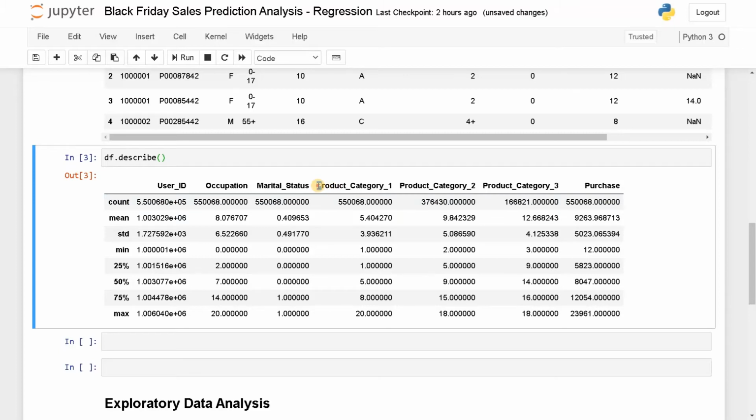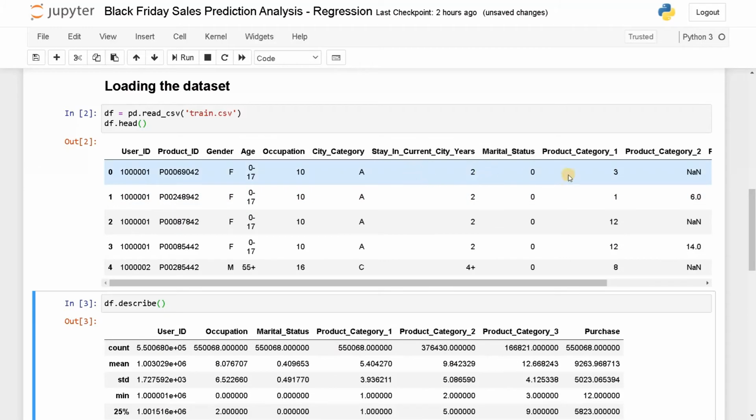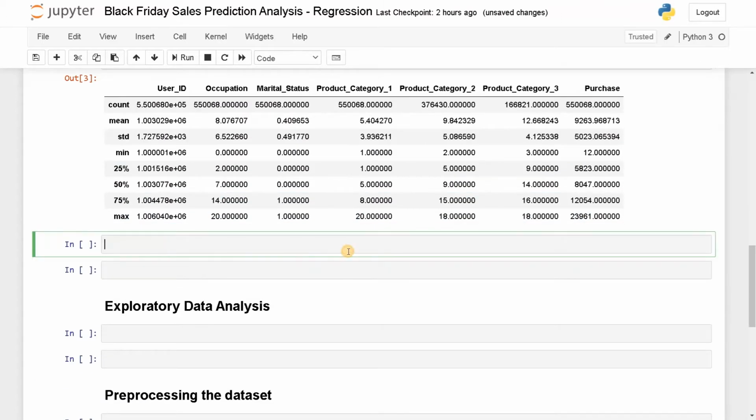So we can assume this is the main category and these are the subcategories. And these are only the numerical part. There are some categorical parts also. We need to convert those categories using one-hot encoding or label encoding. We can see it later. And let's look at the data types of the objects. So df.info, run this.